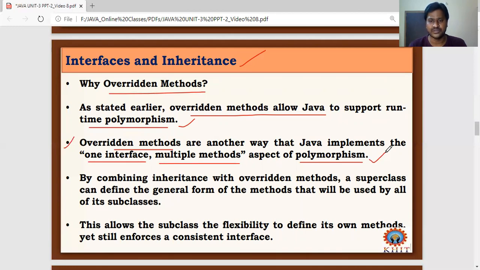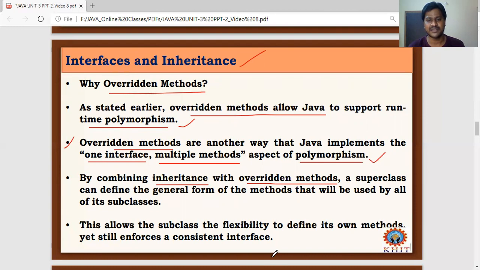The word polymorphism: poly means many, morphism means forms, many forms. That means one interface will act as multiple methods. And how is this concept achieved in Java? With the help of the overridden concept. And see here, by combining inheritance with overridden methods, that means inheritance is for creating a class hierarchy.